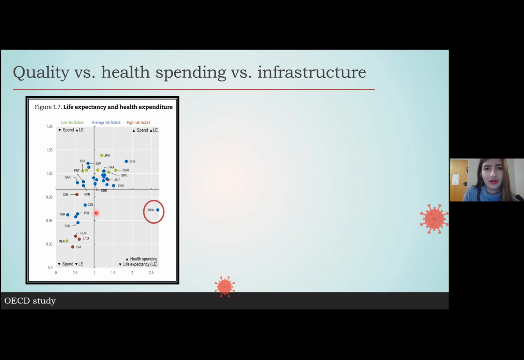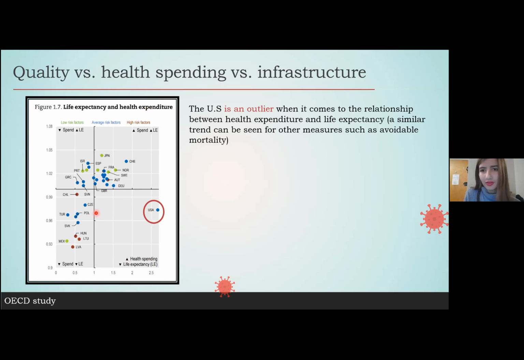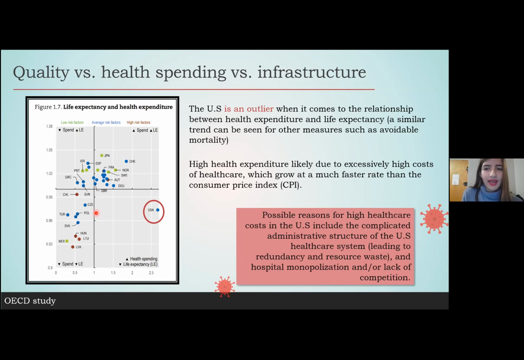So that's something to consider when it comes to how we're spending our money on healthcare and how it relates to whether our healthcare infrastructure is suited to prevent an outbreak such as COVID. So yeah, the US is an outlier. And that means that the high health expenditure is not as related to infrastructure and hospital capacities and the ability for us to prevent disease as much as it is that our healthcare costs are incredibly high, and they grow way faster than the consumer price index, which means they grow faster than most